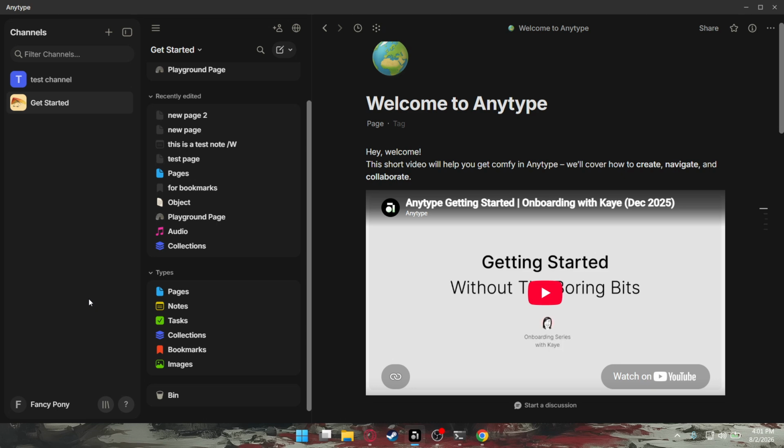To begin, open the page or object where you want to add a link. This is the place where you want the connection to appear, so make sure you're inside the correct note before you start typing. Next, type the @ symbol on your keyboard, and then begin typing the name of the note